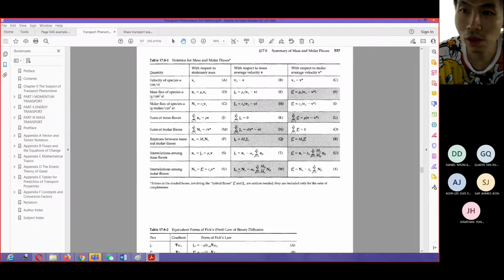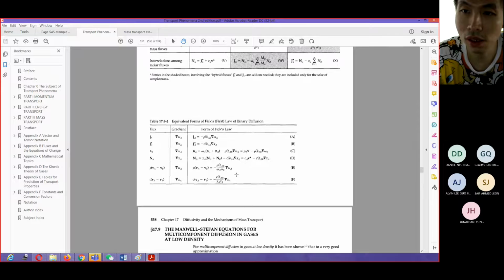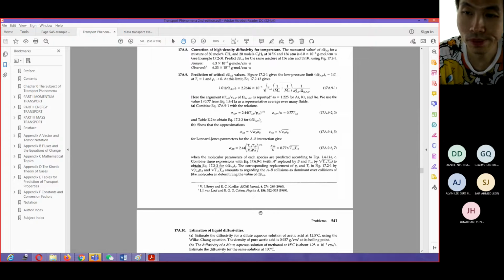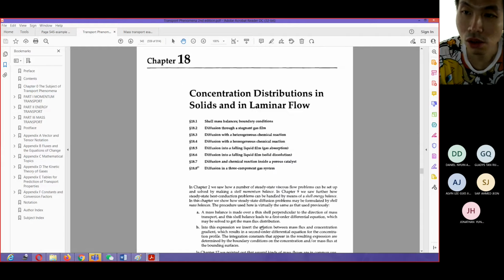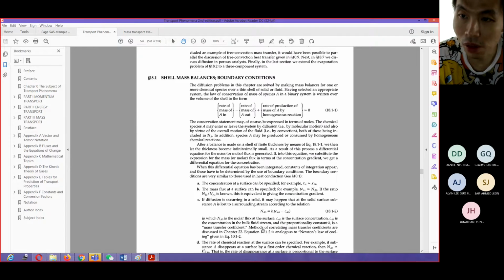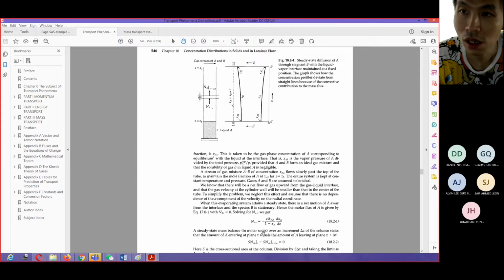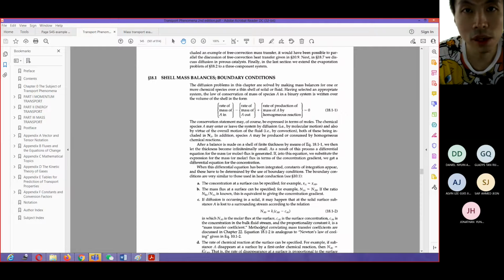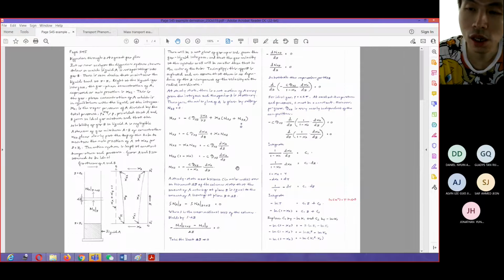So in essence, what we are doing in here is, this equation is basically for the molecular momentum flux contribution. So let me see, if we are using this one, then the one that we're going to use is not being described in here, but I described it. So the initial point of all the equations that you're going to use is this equation: N_Az is equal to minus C D_AB ∂x_A over ∂z plus x_A (N_Az plus N_Bz).